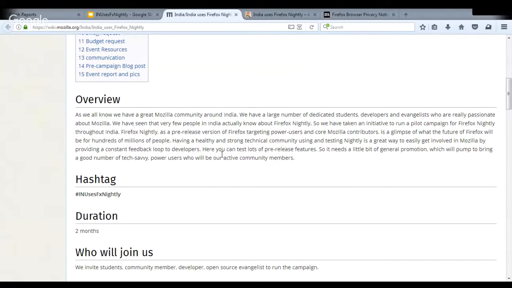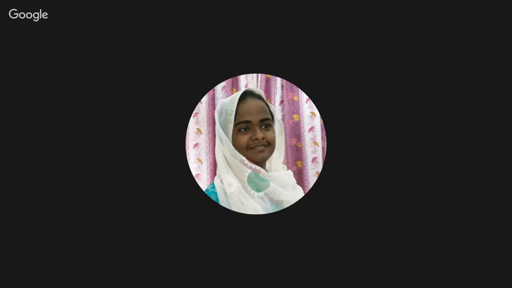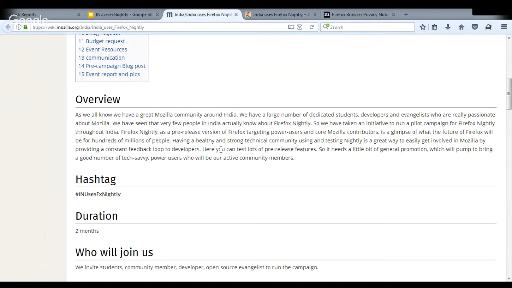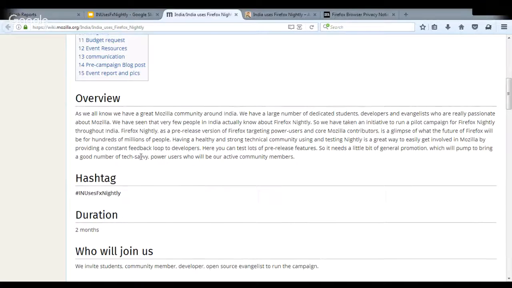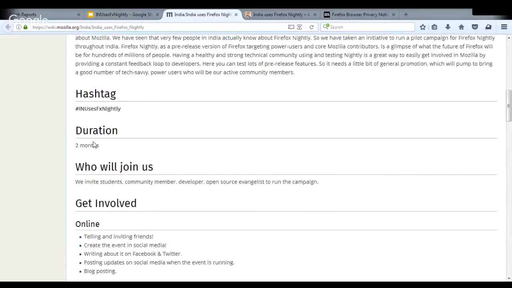The main point, the main motto of this campaign is that we need a strong technical community, because we need the tech savvy people who will take the risk to use Firefox Nightly, because sometimes it might crash. So we have to use the software without any warranty. Okay, so that is something very exciting here, and I will request you to use it, test it, and file the bug, so our campaign will be successful, as well as we will get you as a core active contributor. That's it. Next thing is the duration of this campaign will be 2 months, and